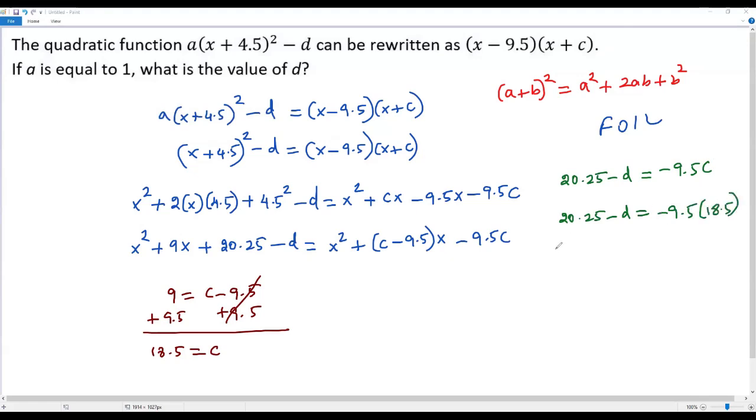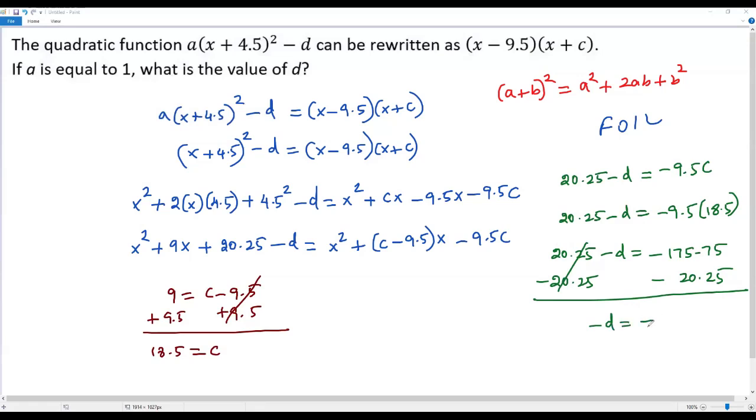Let me write the left side as it is: 20.25 minus d equals negative, when I multiply 9.5 and 18.5, I am getting 175.75. Since my aim is to get the value of d, I have to get rid of this 20.25 over here. So I subtract 20.25 from both sides. When I do so, the positive 20.25 and negative 20.25 cancel. I'm just getting negative d is equal to, on the right side, I'm getting negative